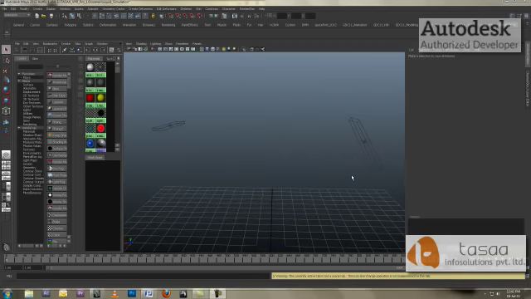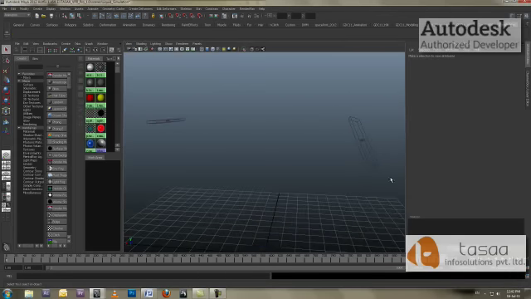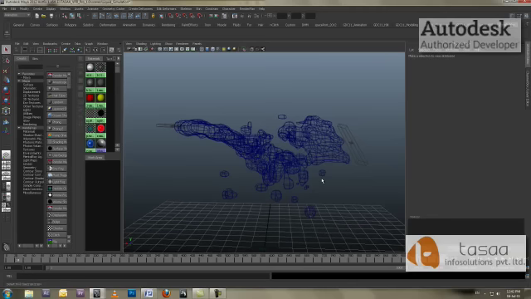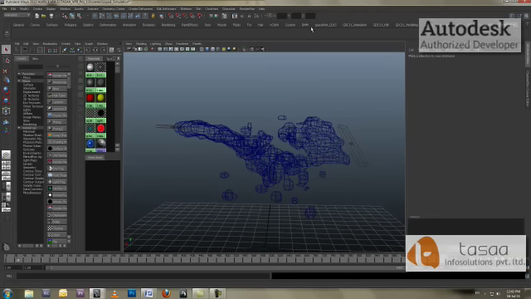Now, to show you how this tool works, I have a simple liquid simulation file. I'll click on this button to get my Maya viewport render. I have these corner grips by which I can resize my tool, and this yellow bar lets me move my tool around in the viewport. Now I'll click render.